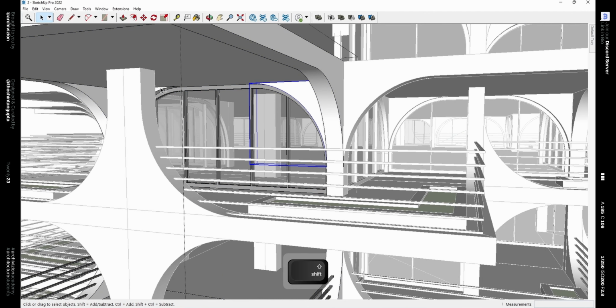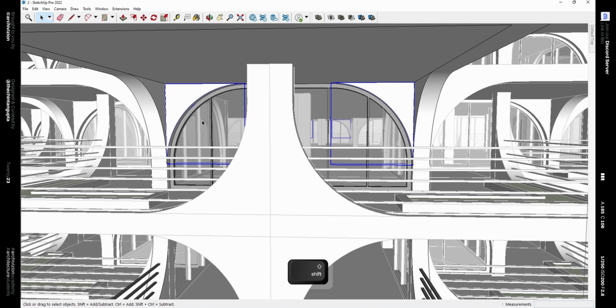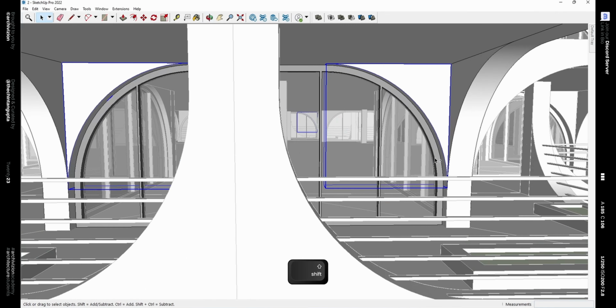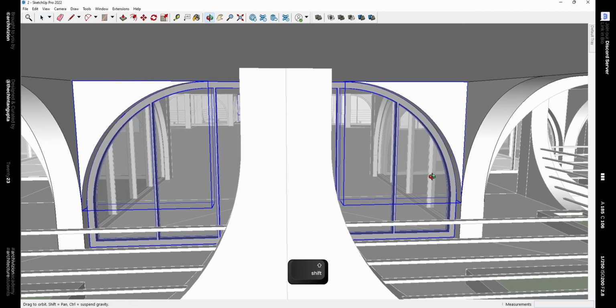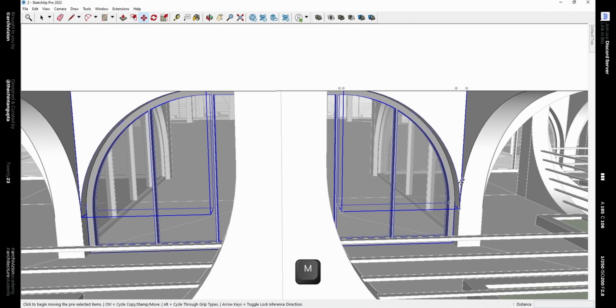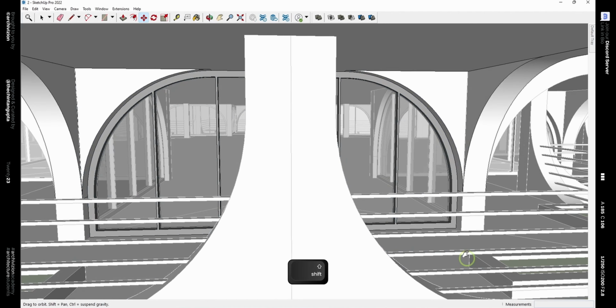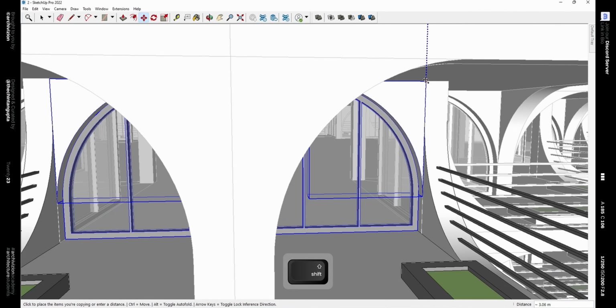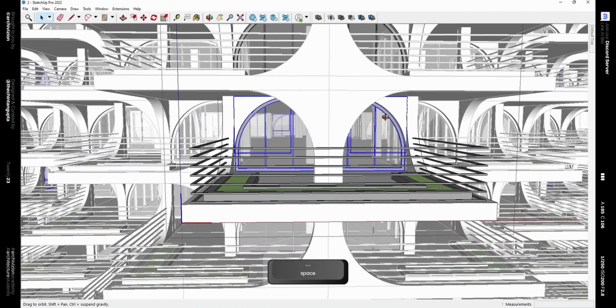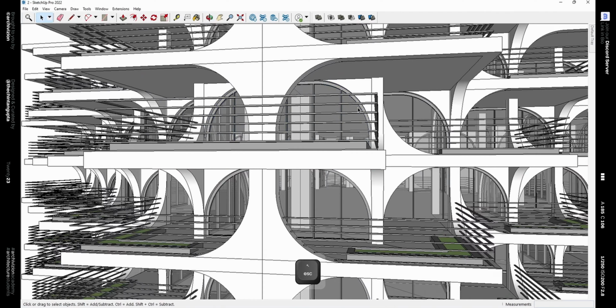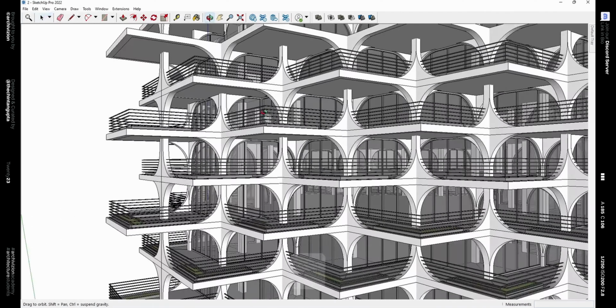Now we need to copy these arches. Select both of these arches and then make a copy of them. Then drag them down like this along with the window. Now it looks perfect.